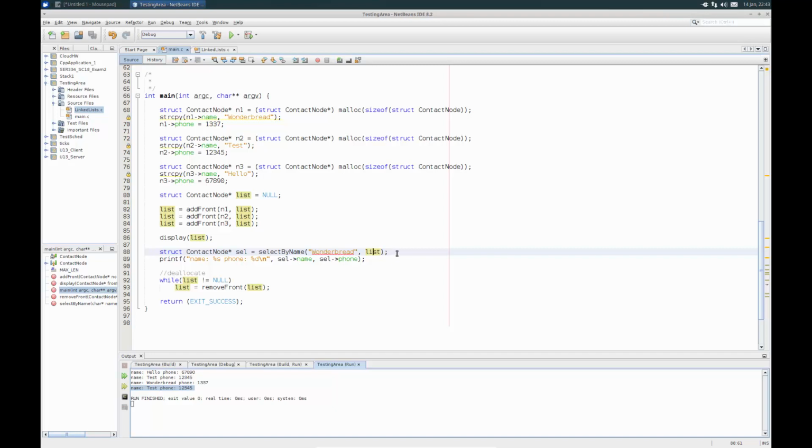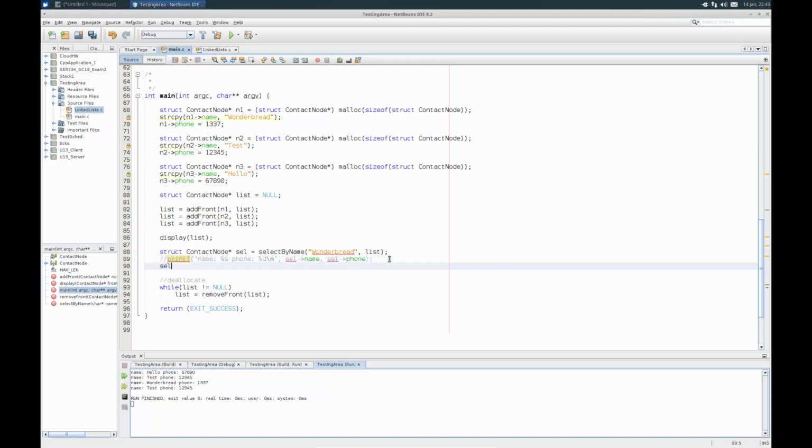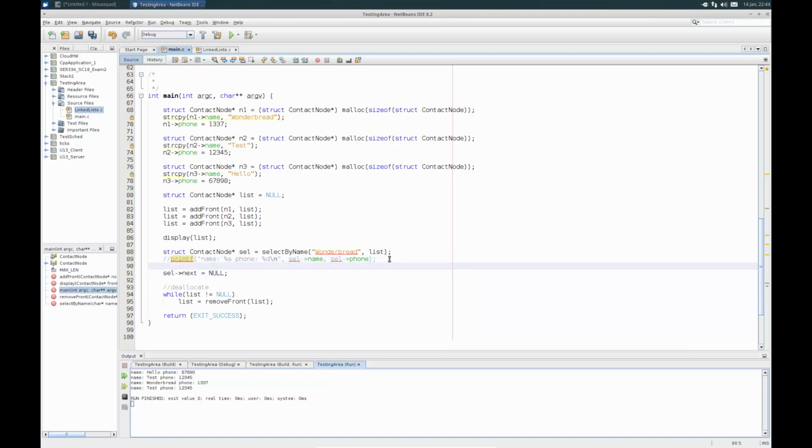Now, of course, this is nice because if I want to do something like remove Wonder Bread, I can actually do that. I'll do this as a very hacky example, just so you guys can get some ideas here. Here I'm looking for Wonder Bread. I found the node before it, and what I can think about doing is basically going to that node cell and then going next equal null. I'll actually need two steps here. Really, it should be in a function, but for now we'll just do this really quick here. Wonder Bread's at the end, right? I don't have anything after Wonder Bread.